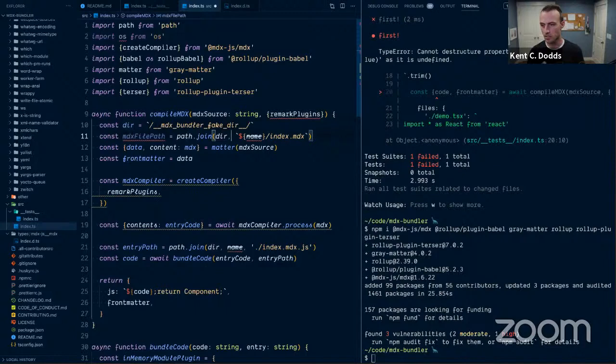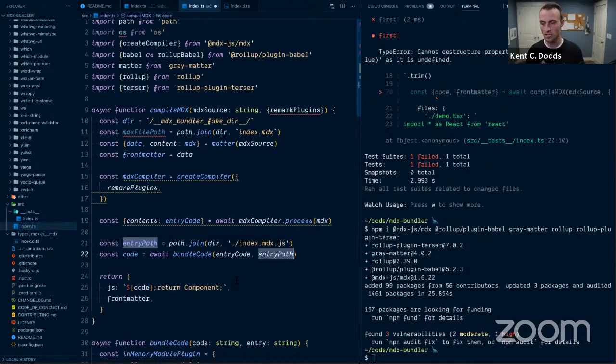Okay, so then this is gonna be, yeah, we'll just call it index MDX. Okay, and then the entry path. Yeah, so we go from MDX to JavaScript. That's what the create compiler and then process thing is going to do for us. So now we've got our entry code. And so then we'll just say index mdx.js, and then we'll bundle code. Here's our entry path. That's fine. But we'll need to take,